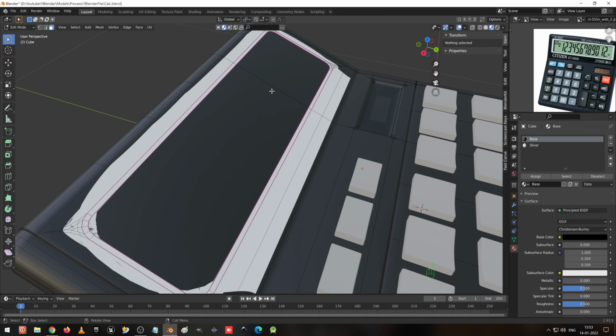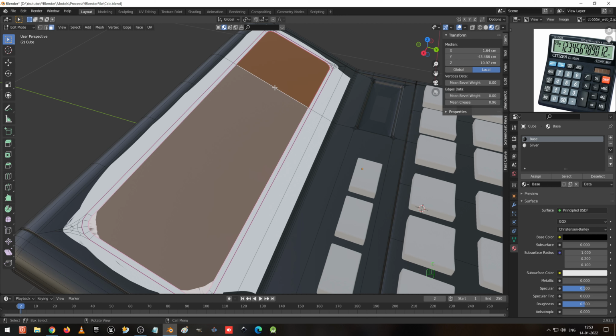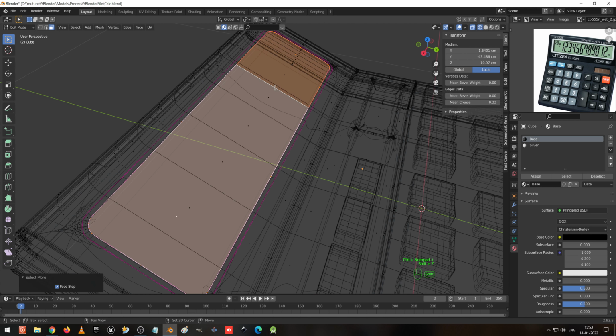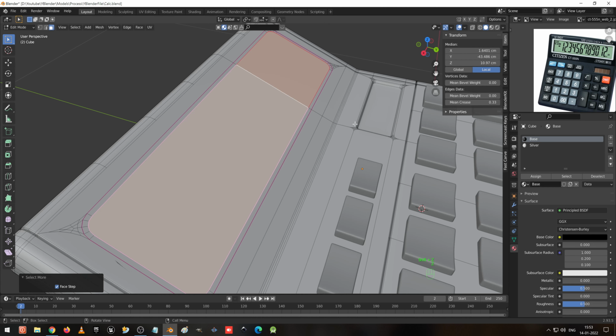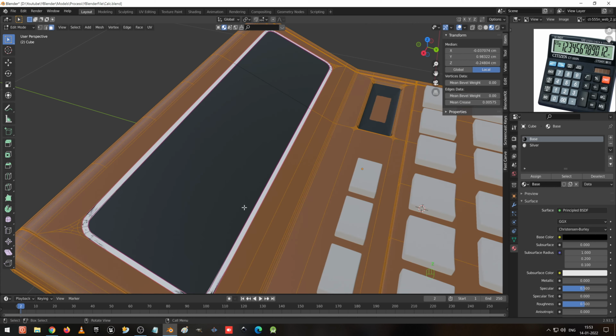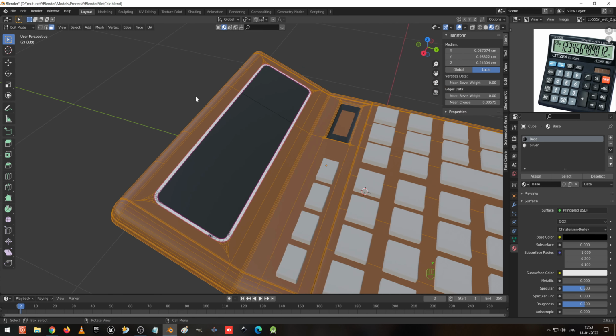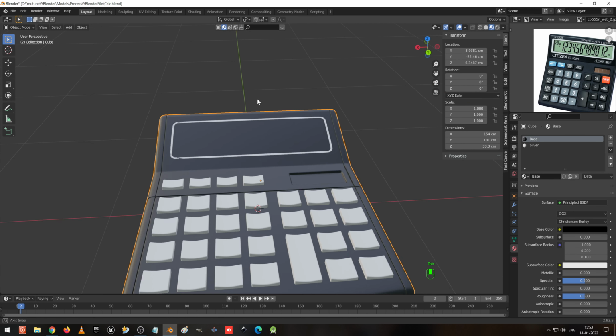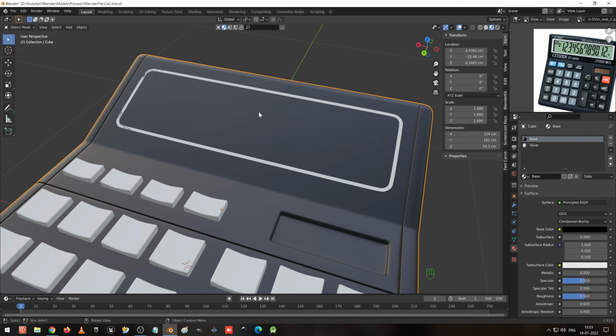Select using the circle select. I'm going to select this and press Control plus. So I go to the solid view, make it Control plus to select everything, and press Control I and assign it as base. Go to the material preview. Now you can see everything has been created as per our requirement.